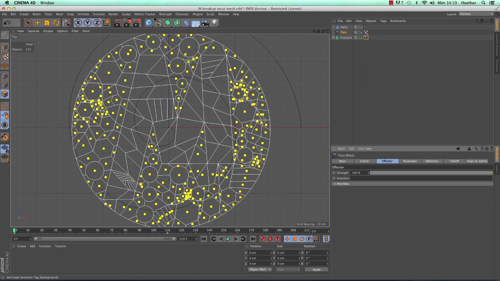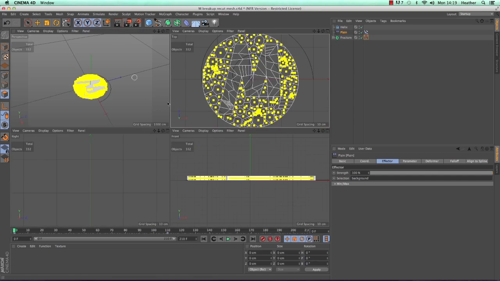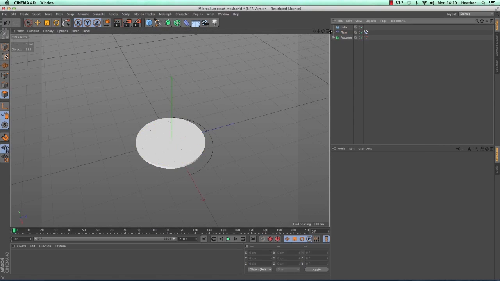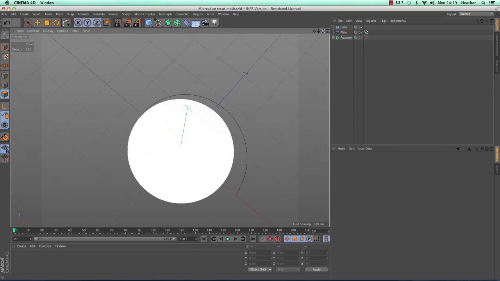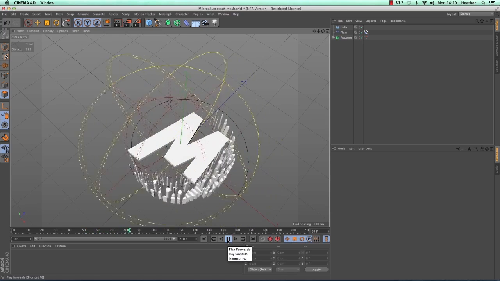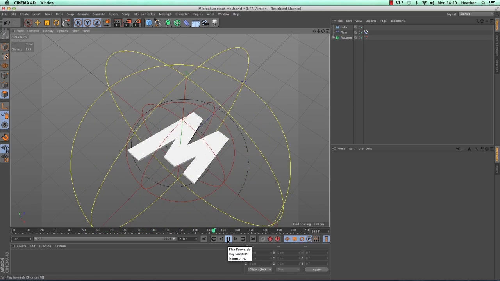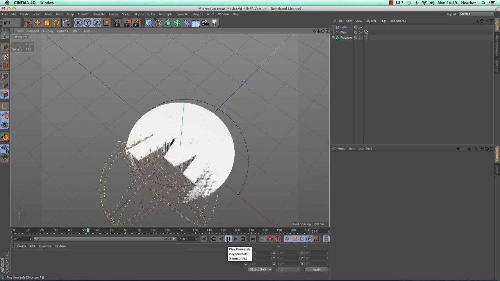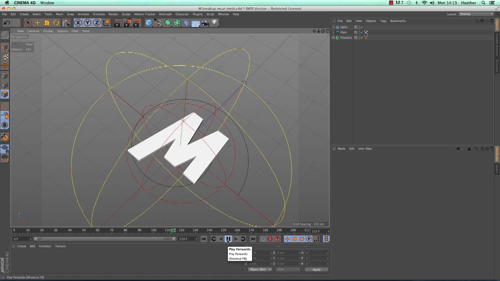So in there we can just drag in our MoGraph selection tag. So fingers crossed I've got all of these chunks selected. If I press play, yep, that looks about right. So it's only affecting the chunks that make up the background. Great, that looks good.